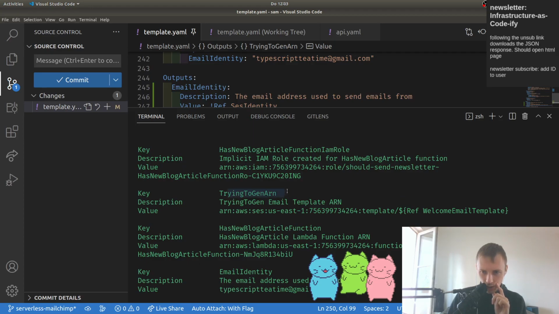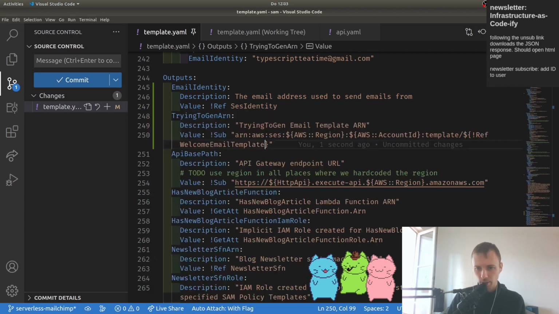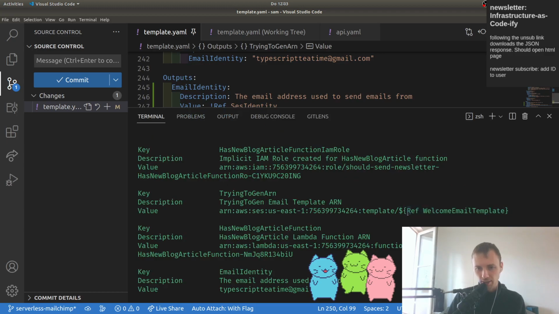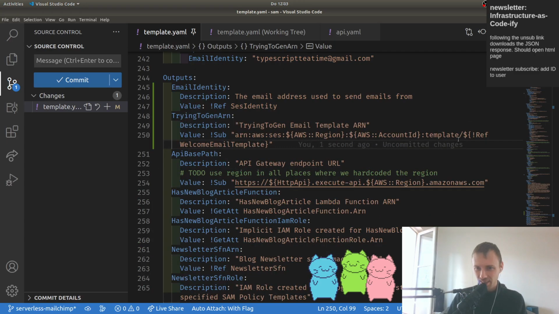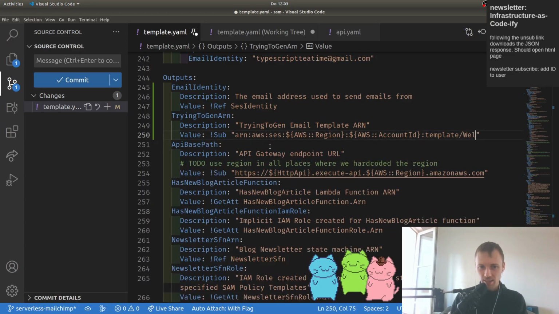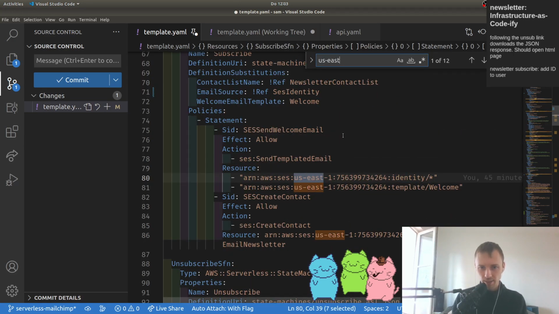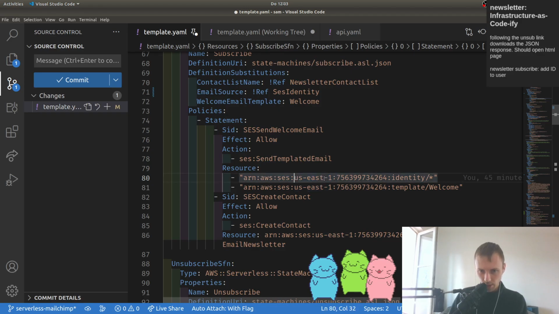Trying to generate and it didn't work. It did remove the exclamation mark, interestingly, because previously it was !Ref. So that didn't quite work. But we did get slightly better, because now, wherever we use us-east-1, we can do